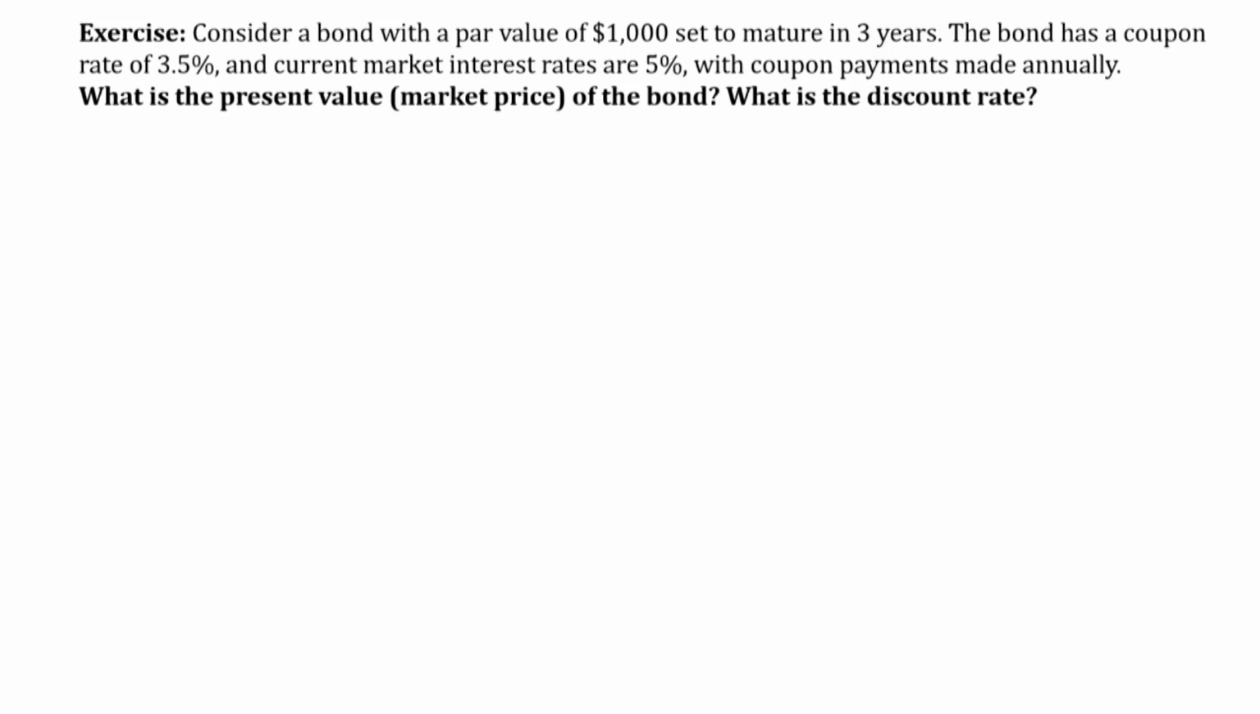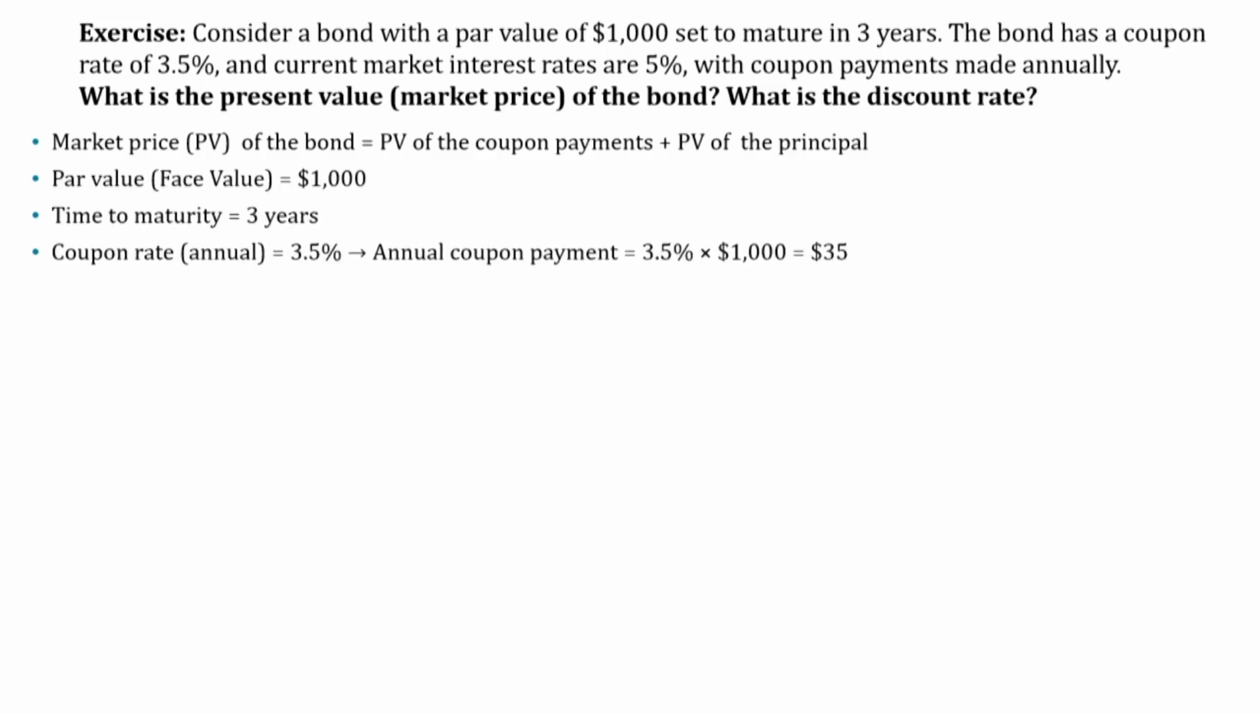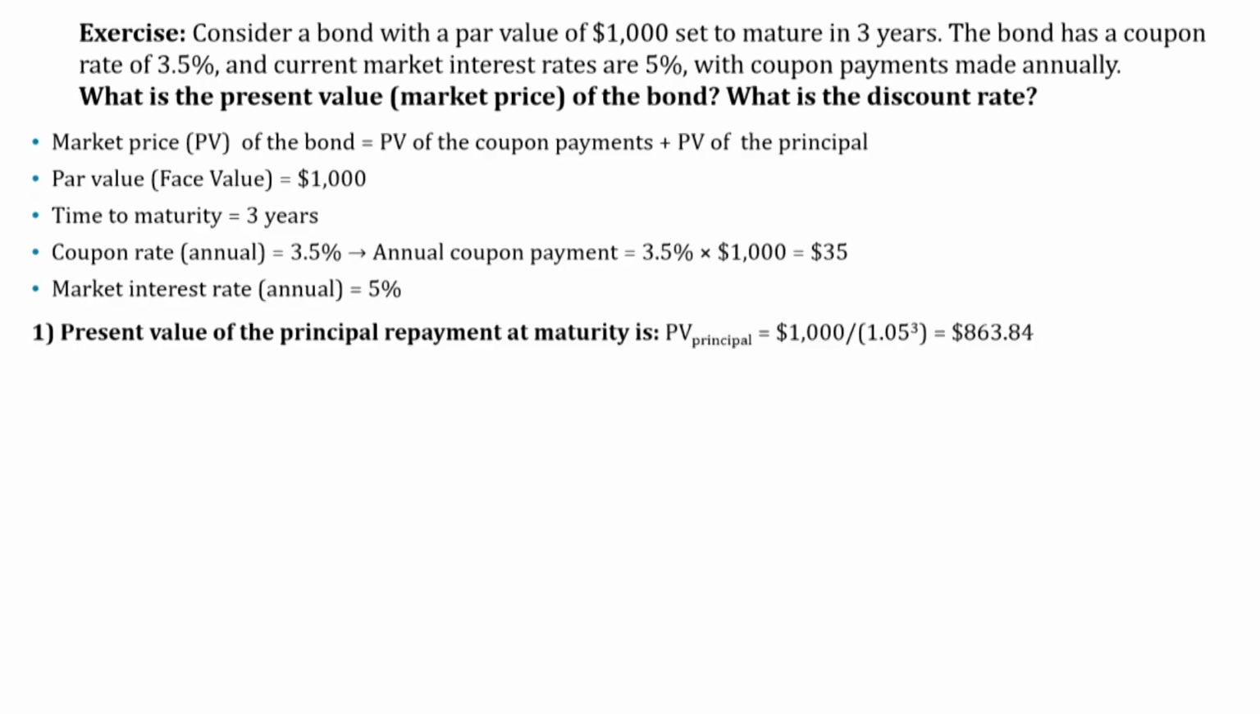So what is the discount rate? In order to calculate this, we can go ahead like this. The market price of the bond, the PV of the bond, we already defined as the PV of the coupon payments plus the PV of the principal amount. We have all this data here. Let's now calculate the present value of the principal repayment at maturity. That is going to be the 1000 you will get after 3 years. The present value of 1000 at the interest rate of 5% is going to be